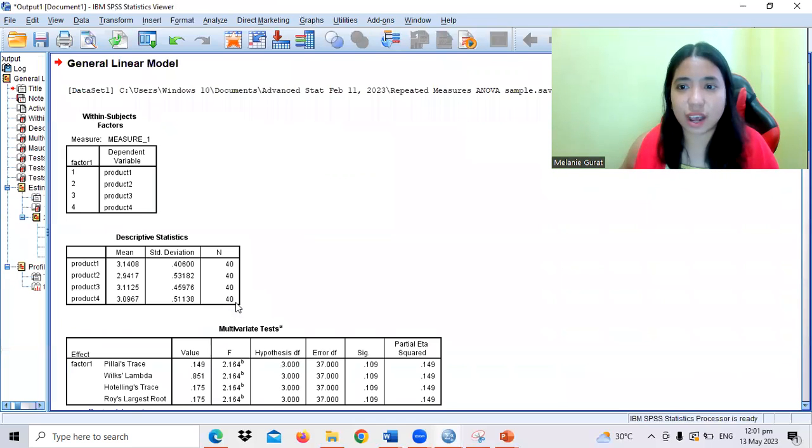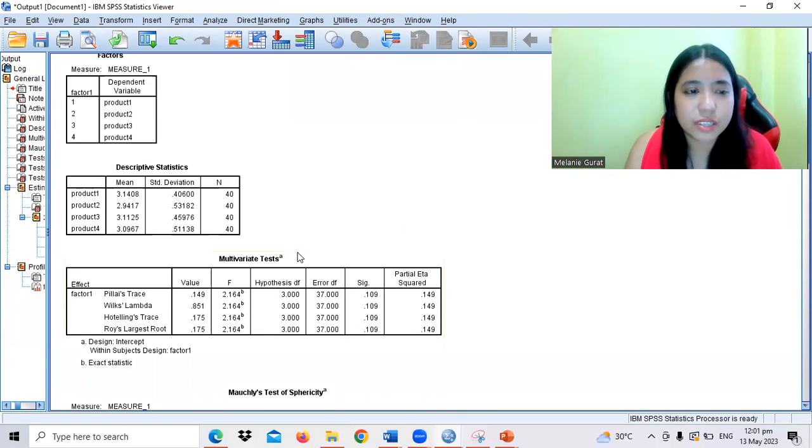So these are now the tables that we are going to interpret. This is the additional table that we weren't able to generate in our part 2. It shows the value of the mean and the standard deviation.